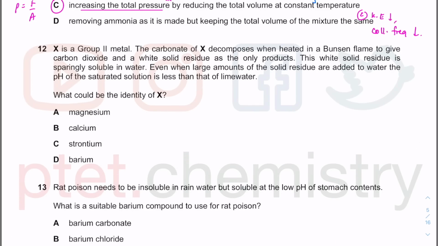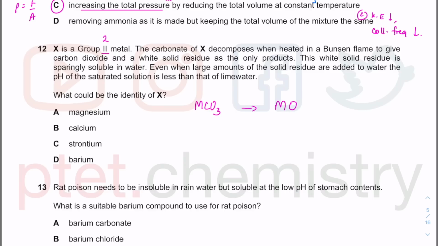Question 12. So X is a group 2 metal. I think these days they no longer use this Roman numeral. They'll do this Latin number, group 2 metal like that in your periodic table. So this carbonate of X decomposes when you heat it in a Bunsen burner flame to give you carbon dioxide and white solid residue. If it is a group 2 carbonate,